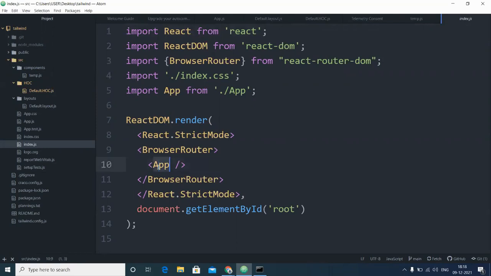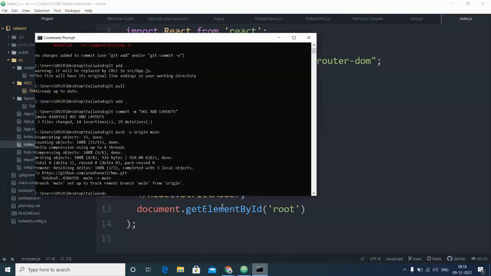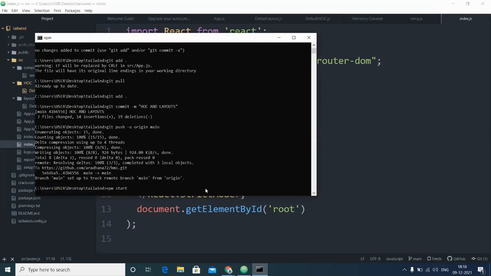We are rendering the app component inside our index.js. We are putting it in our browser router because we want our app component to be rendered according to the routing system provided by React Router DOM, so that it prevents loading up the entire page and we just change the content. So that is the reason we did all of this. Okay, and now if I just run it, if I do npm start,